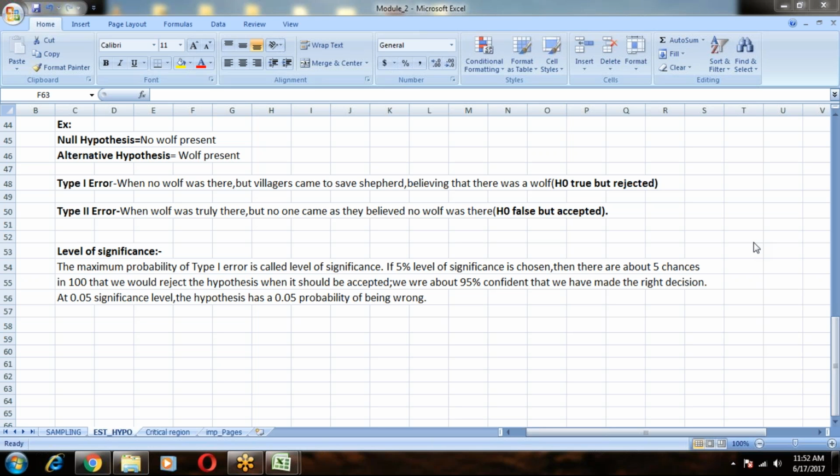Now suppose 100 chances are there. Within these 100 chances, how many times have you made a mistake? You have made a mistake when the null hypothesis is true, but you have rejected it. What is the probability? The maximum probability of type 1 error is called the level of significance. Suppose 5% level of significance. What does it mean? It means 5 out of 100 chances are there when you might commit